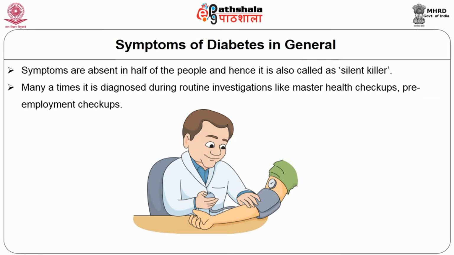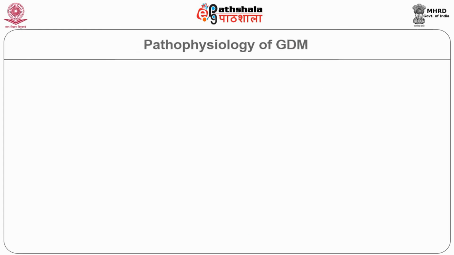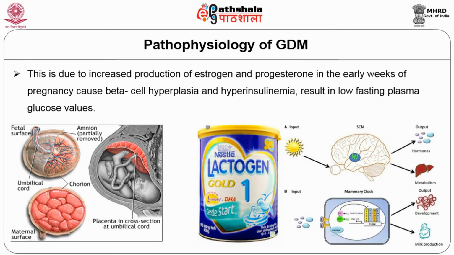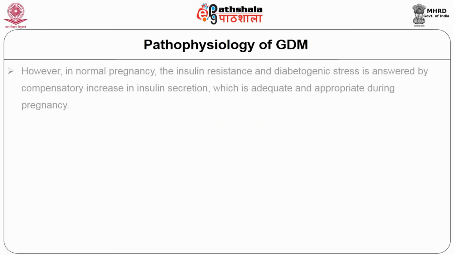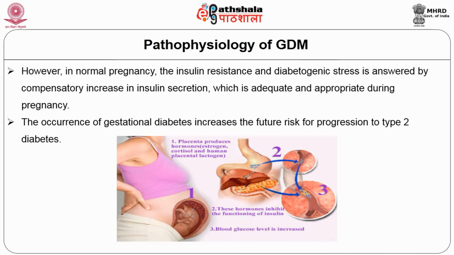The symptoms of diabetes in general. Now we know the pathophysiology, how it is expressed clinically. Some may develop symptoms like excess urination, polyuria, thirst, and excess hunger, and some have urination at night or bad breath and sudden weight loss or itching in the private parts or extreme tiredness, numbness, tingling sensation, or a wound which will take longer time to heal. They'll think of diabetes. Frequent infection, but